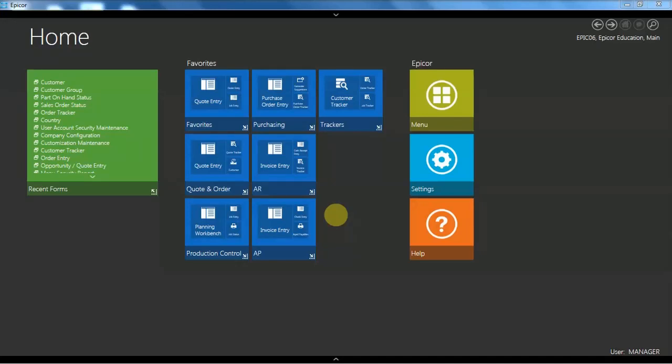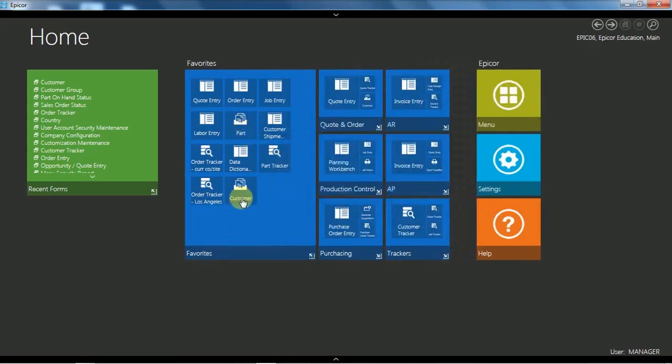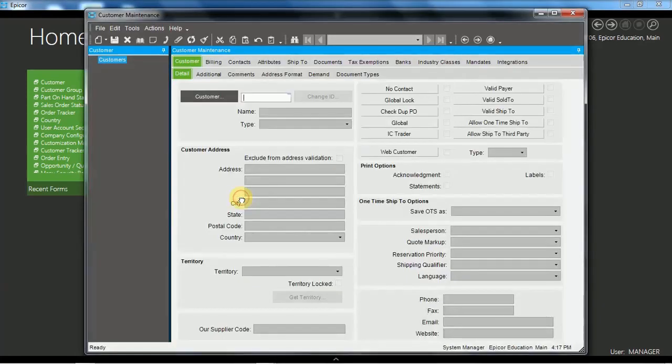Hello, I'm Randall Whiteman. Today I'll be running through the structure of a typical program in Epicor ERP version 10 using the standard Epicor demo instance. Let's get started. So we've logged into Epicor and I'll go into the favorites and open up the customer maintenance